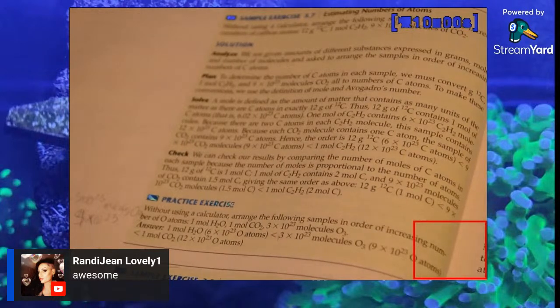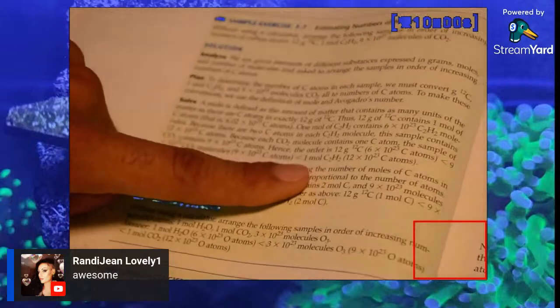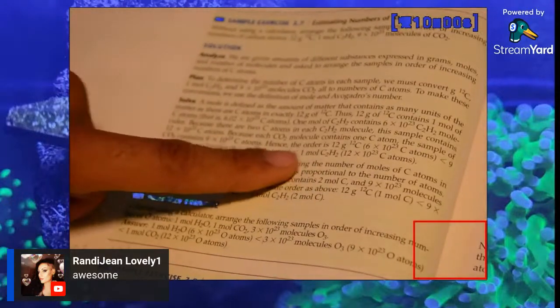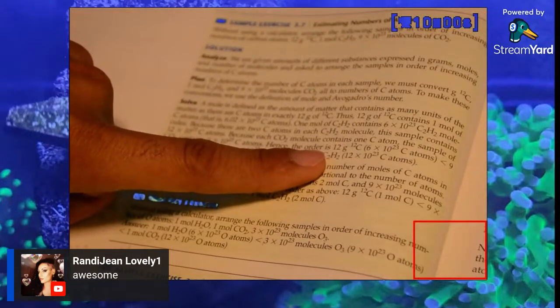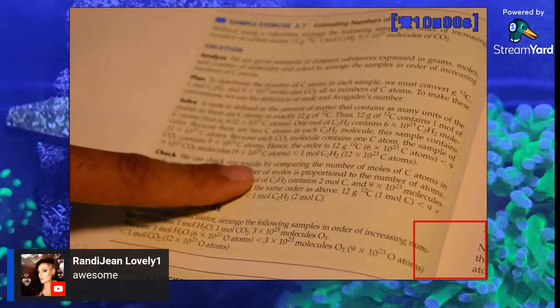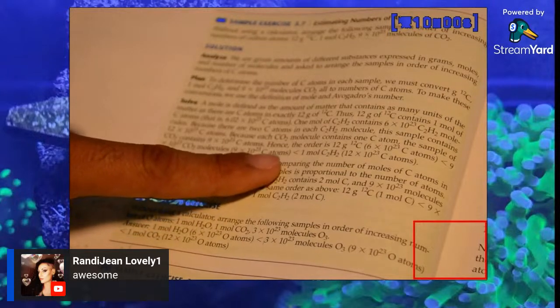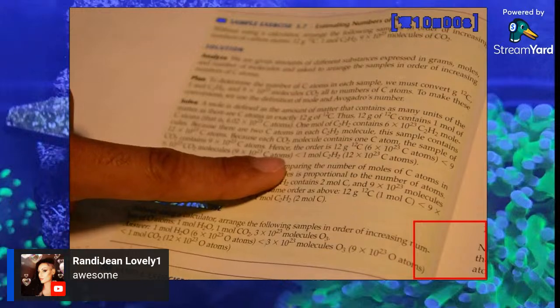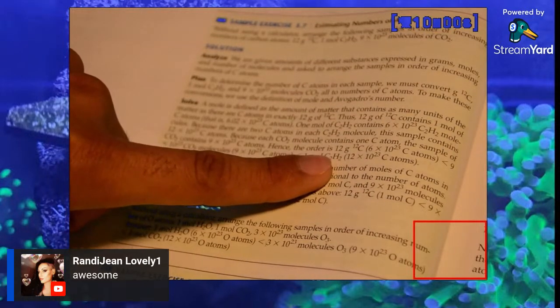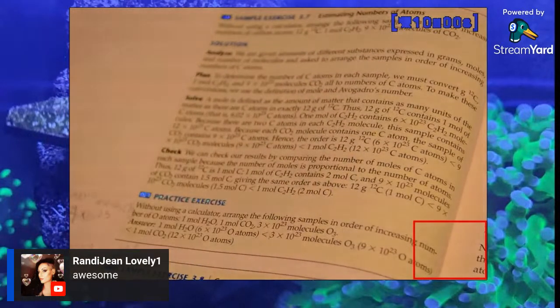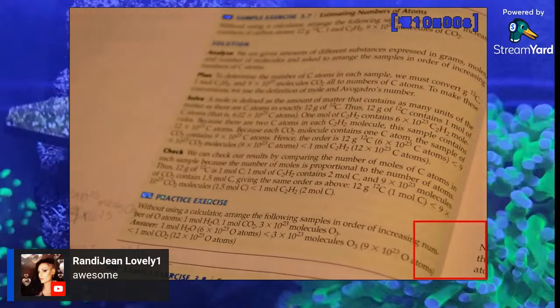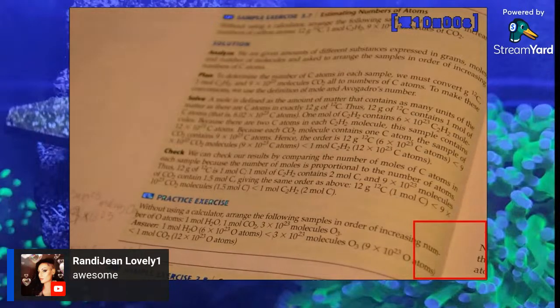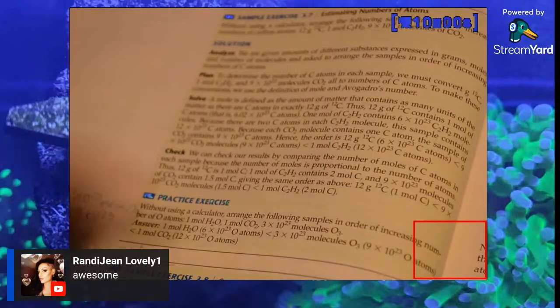Wait, this is so weird. Yeah, so they put 12 grams of carbon as the smallest one. Oh yeah, so I am right so far. So 12 grams of carbon is the smallest one, and then